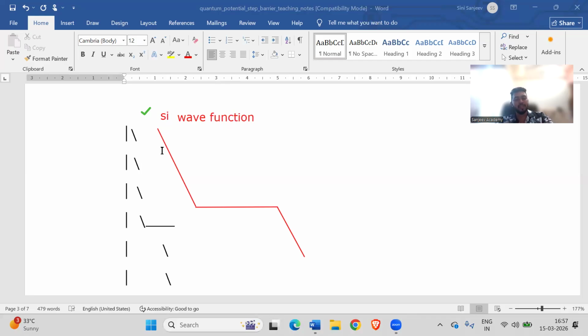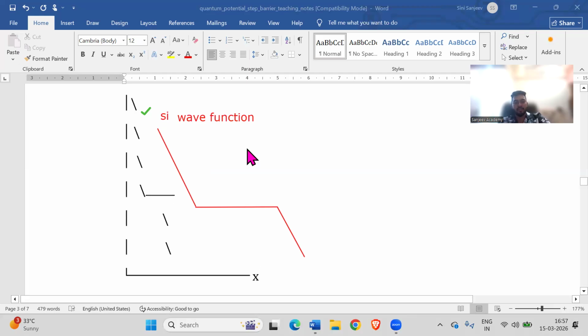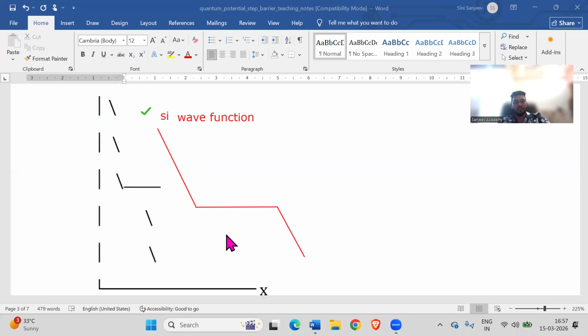So as you can see here, the wave is exponentially decaying. That's what is shown in this graph also, but it is not proper, because the two lines are getting deviated. It's the same thing, okay,